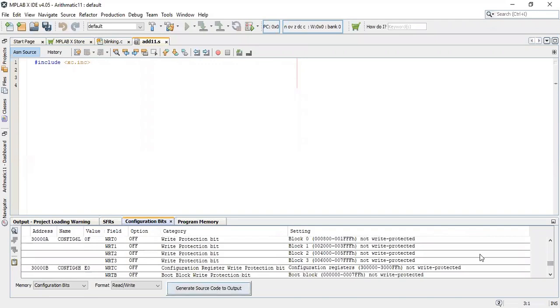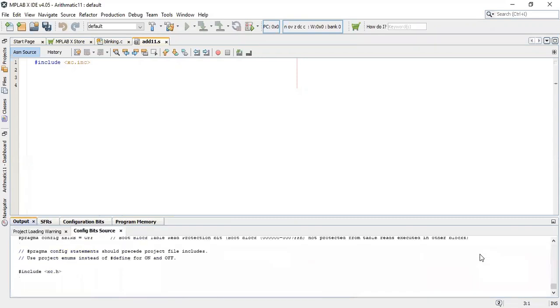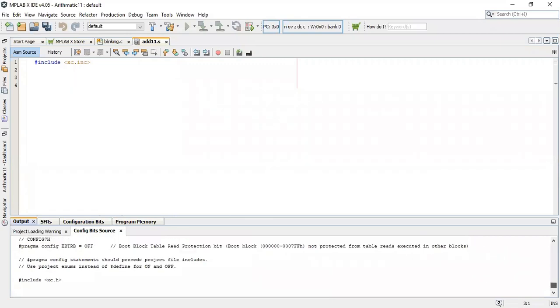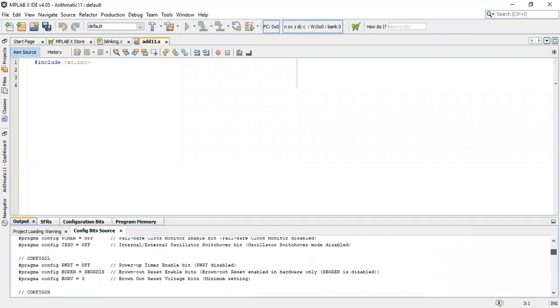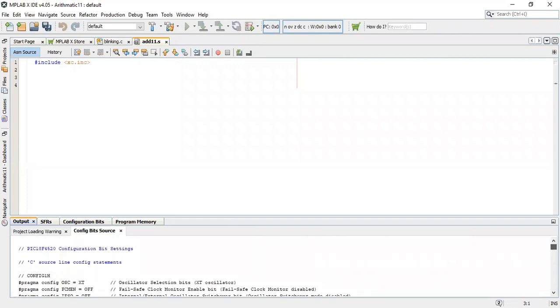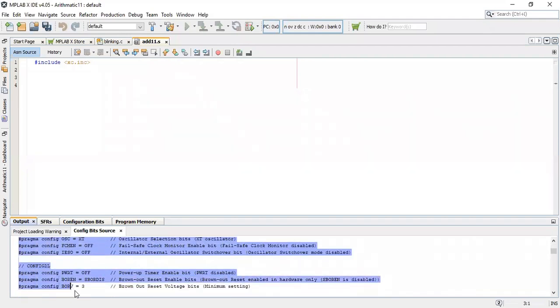Then click on generate source code to output. Okay, click on this, and it will generate the code for us. Just copy this code from here.